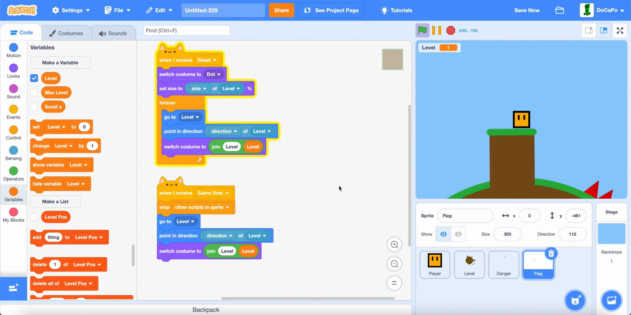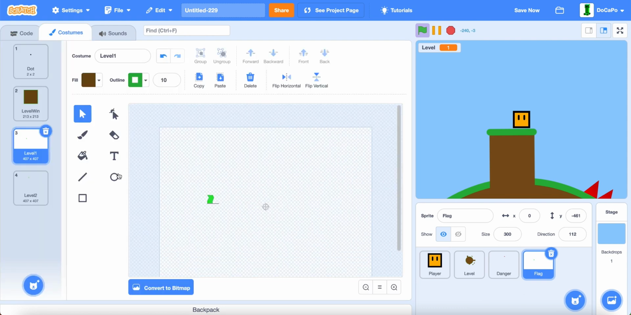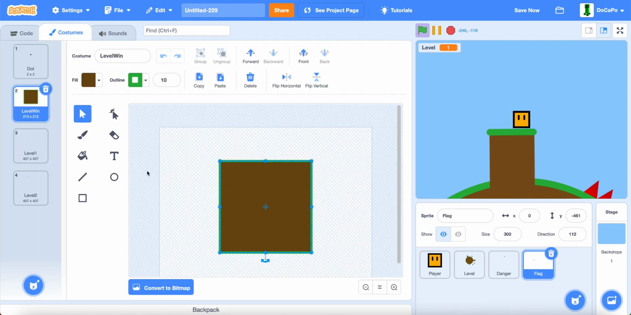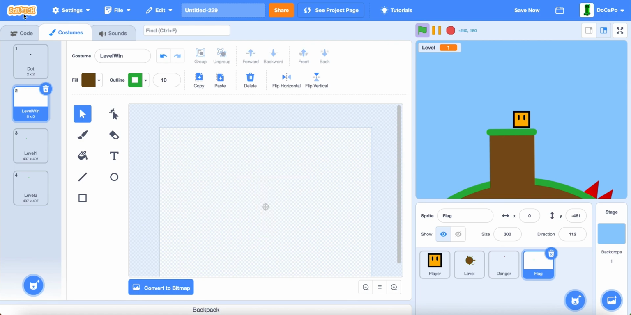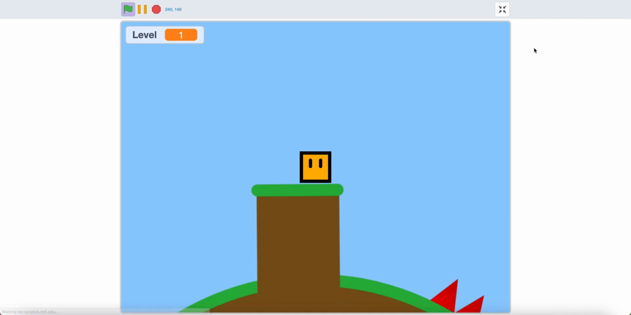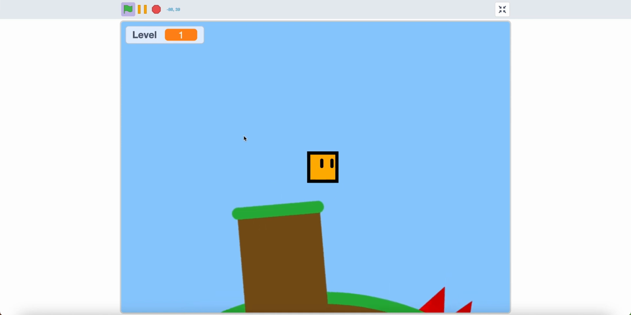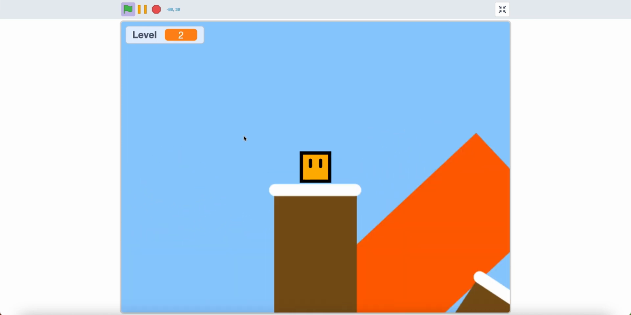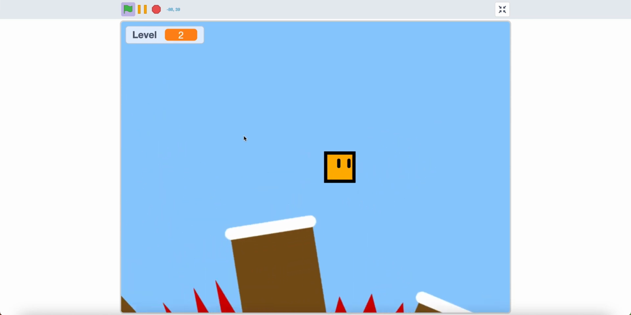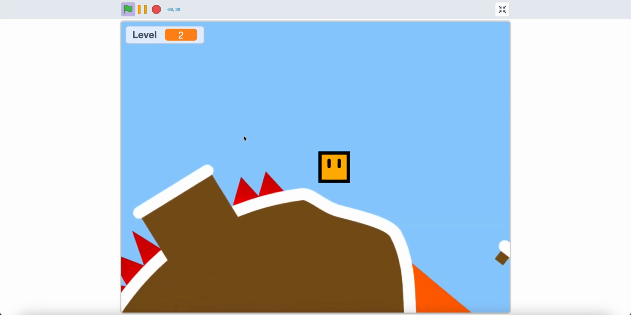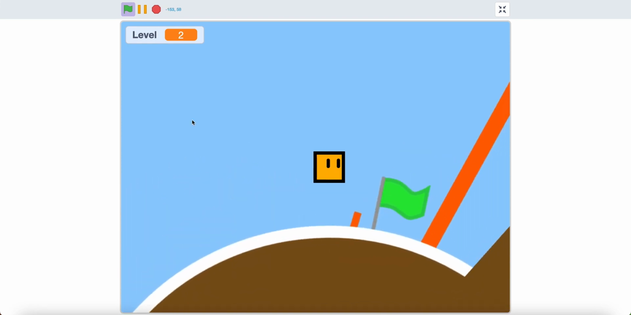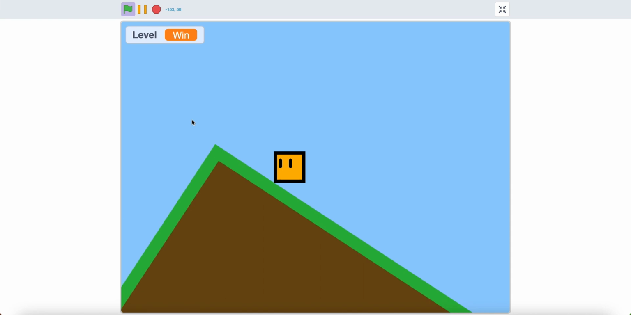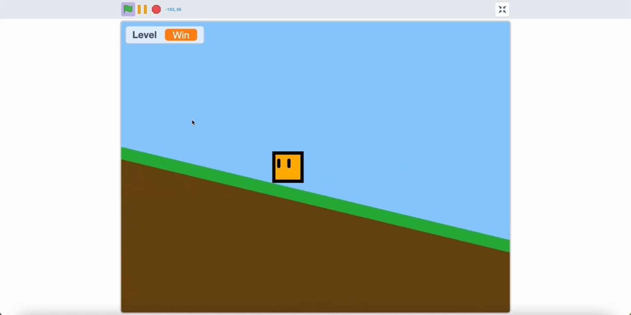And also make sure in flag, go to costume and also delete the level win. And now if you test it by going to level 2 and then going, now if I go and then jump, I will go to level win. And now you have a